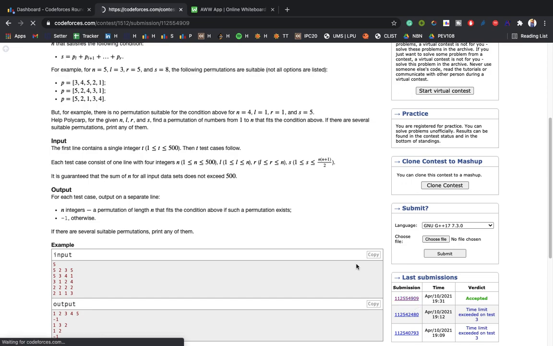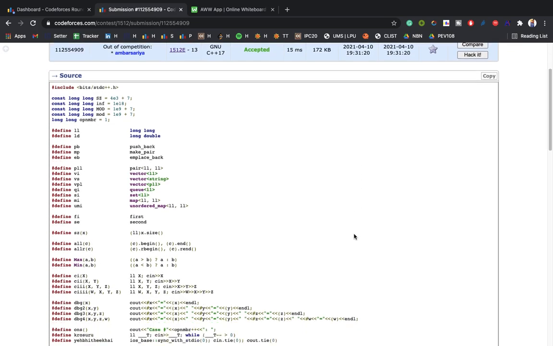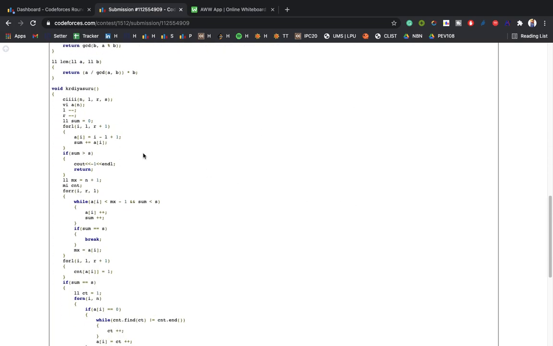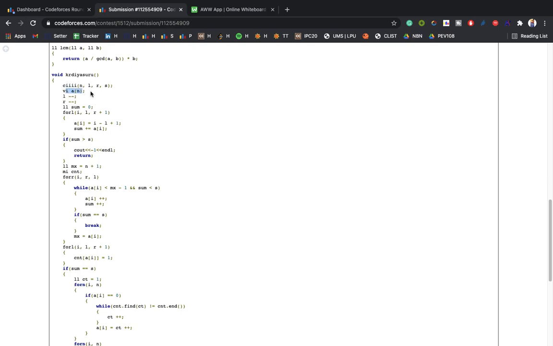Yeah, I guess I got the dynamic seed because I'm doing this kind of thing, checking the permutations using backtracking. So firstly, I've taken the inputs N, L, R, and S. I've taken the array A where I will print the answer, and here is the range of L to R. For this range, firstly I will make this range 1, 2 and 3.